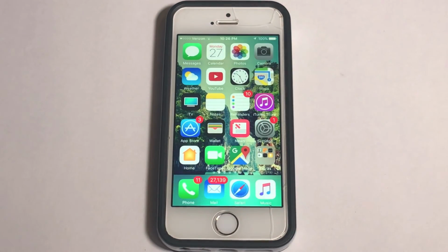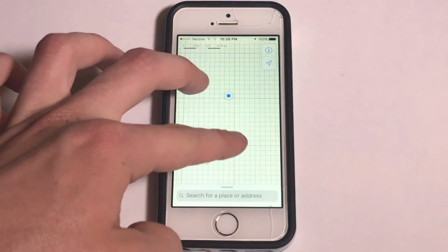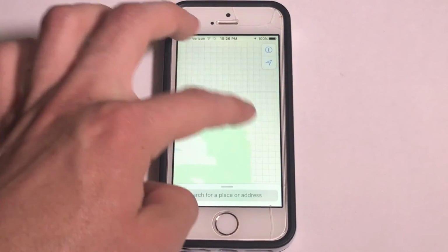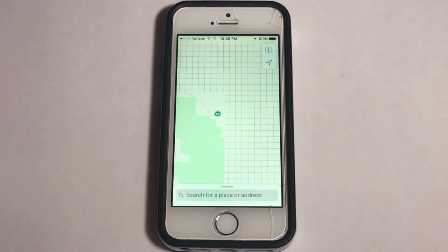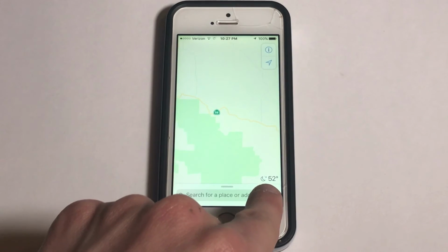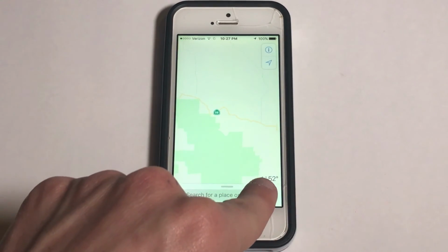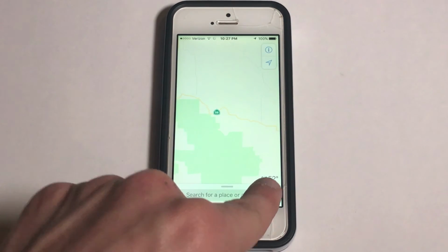Next, you can now get hourly weather within Maps using 3D Touch. Now, I cannot give this demonstration because this is a 5S and does not support the 3D Touch feature, but to give a reference to kind of what it is I'm talking about, if I scroll into a location, as you can see here on the bottom right corner, we have the weather. So if you had a device that supports 3D Touch, you can 3D Touch right on that weather icon there,